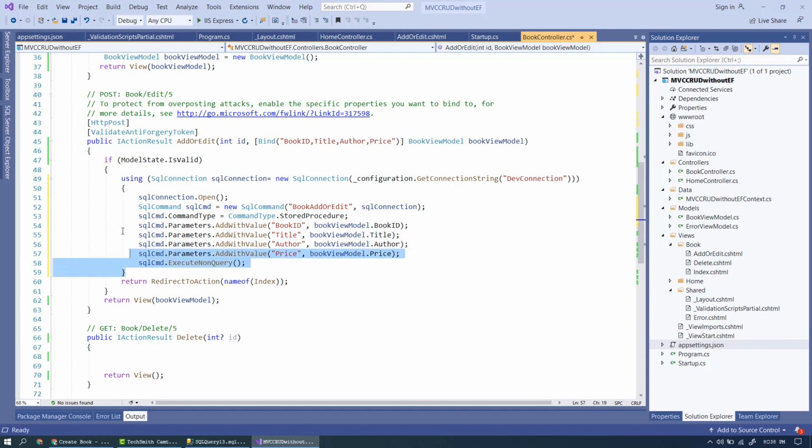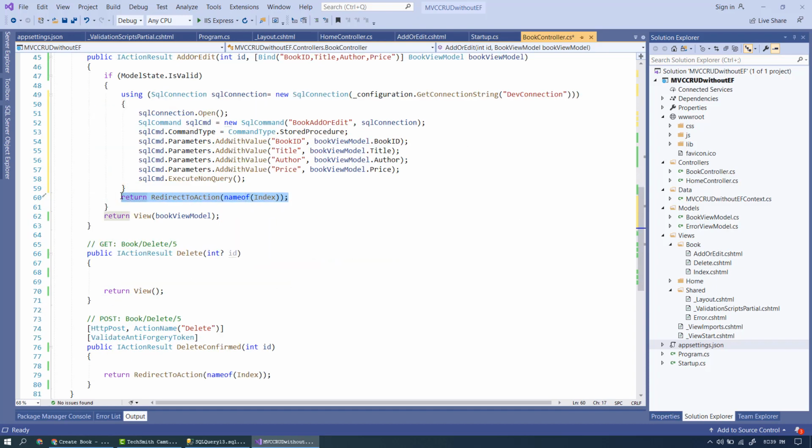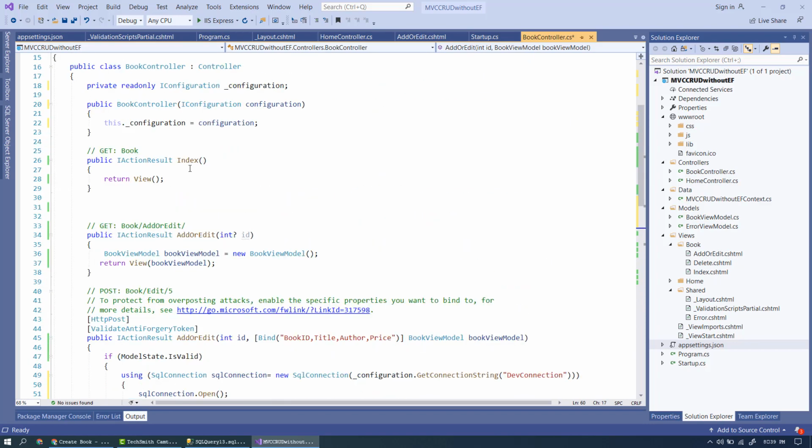After a successful insert or update operation, we will be redirected to the index view, and we have already discussed this form validation. If there is any error with the validation, the same view will be returned with the given book view model. If this operation is successful, this action method will redirect to this index action method here. Inside that, we have returned this view,